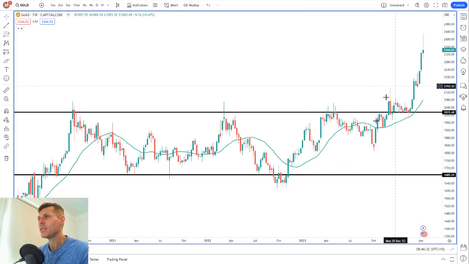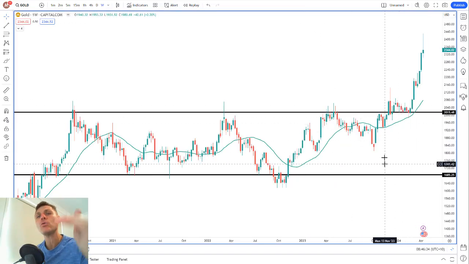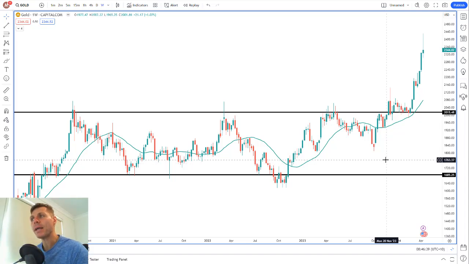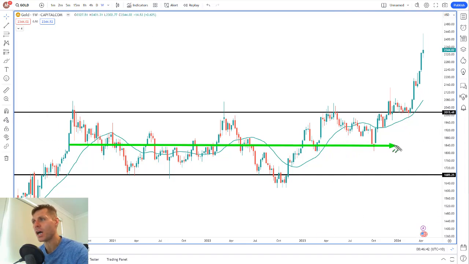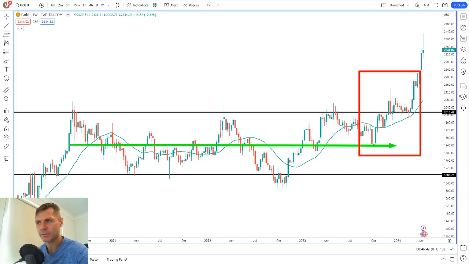Resistance. Now look at this here. This is one of the reasons: not only were we getting the L-shaped pattern, but we're getting the L-shaped pattern at the big massive pattern that took, look at this, years to unfold. And then at the very end, we got a breakup and we got the L-shaped pattern.